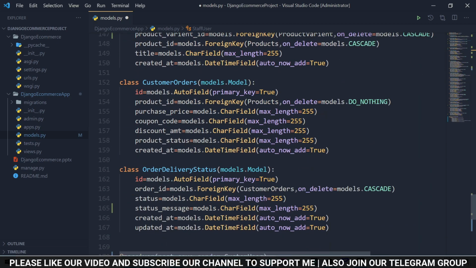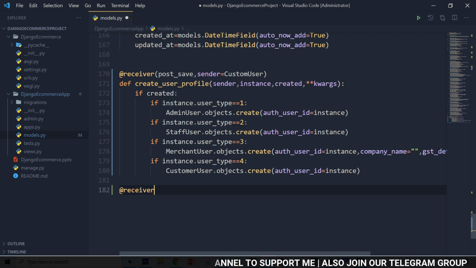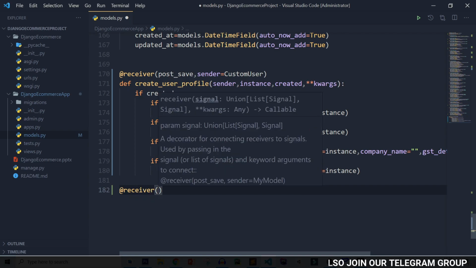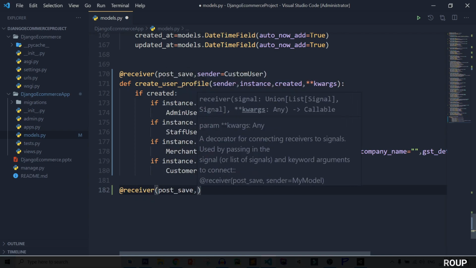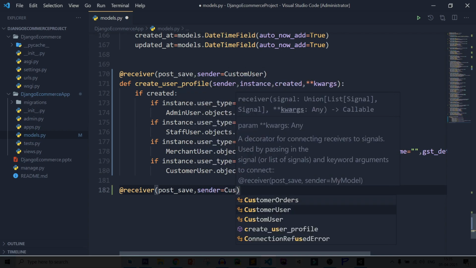So after create_user_profile, let's work on the next step. Here we create our instance of merchant user and customer user. Now we need to save this object when our data has been created. So again add the receiver, and this time post_save, sender equal to CustomUser.